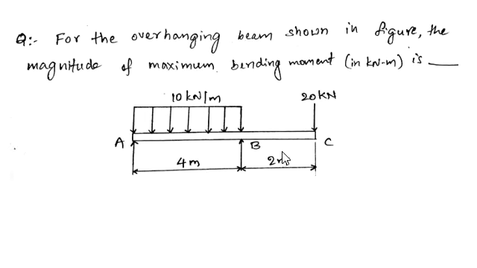And if you see the next question: for the overhanging beam as shown in the figure, the magnitude of maximum bending moment in kilonewton meter is. So here an overhanging beam is given, which is supported at points A and B. Between A and B a UDL of 10 kilonewton per meter is acting, and at point C, the free end, 20 kilonewtons is acting. AB is a distance of 4 meters, and BC is 2 meters. In this case we have to find out the magnitude of maximum bending moment